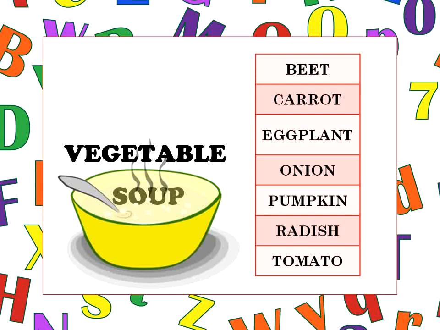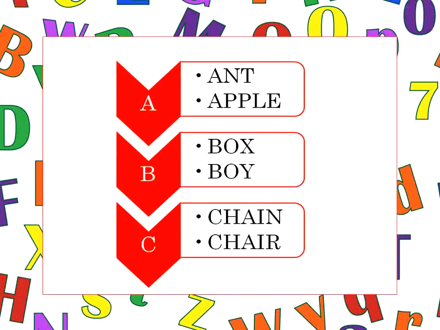Very well done. Did you enjoy making the soup? I'm sure it tastes great. Moving on, here is our word list again. But what do I see here? There are more words in it now. And there are 2 words under each letter. But these are also following the alphabetical order. How? I will tell you.